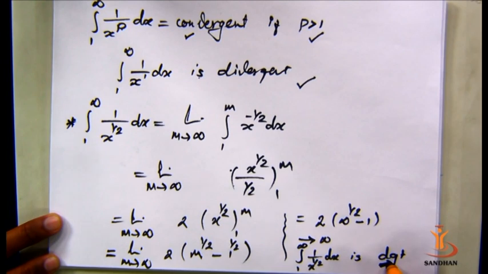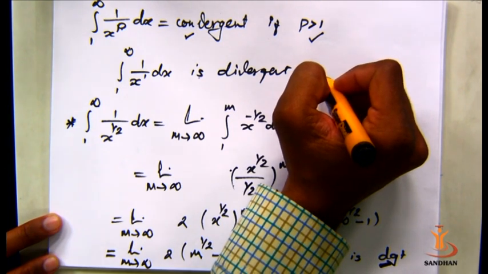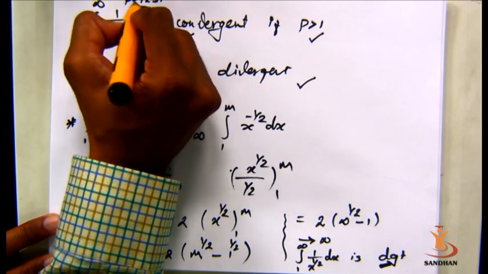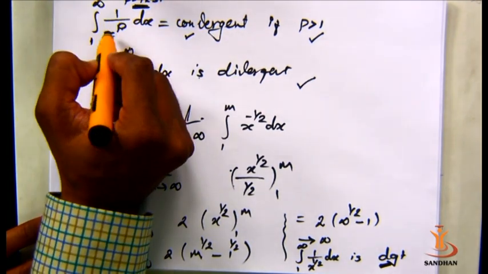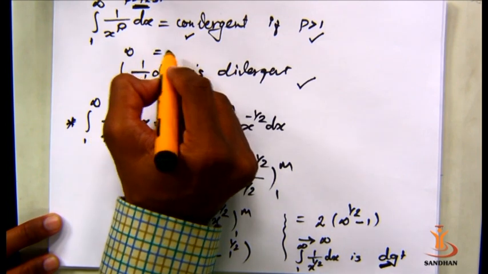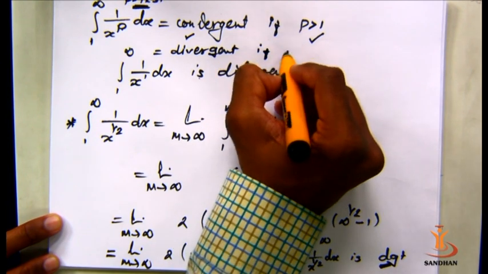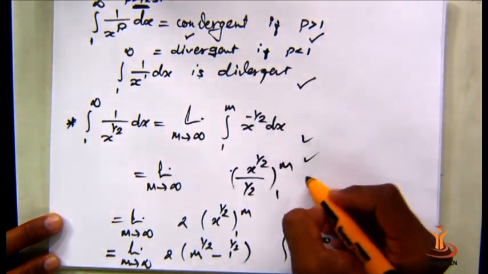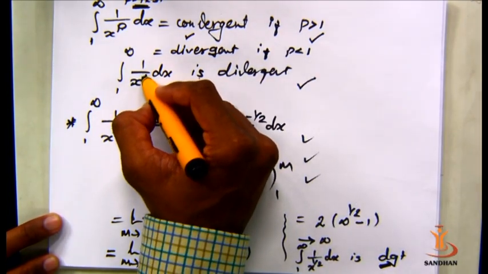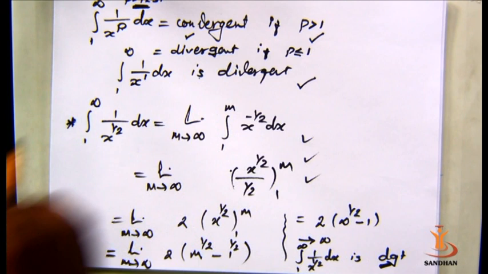DGT does mean divergent. So using all these examples results, we can discuss about p-test, and that p-test indicates 1 to infinite 1 upon x raised to p dx is convergent if p greater than 1, is divergent if p less than 1. This is the example. You can consider any number which is less than 1, or this is the example for p is equals to 1, does mean p less than or is equals to 1. So this is what p-test is.